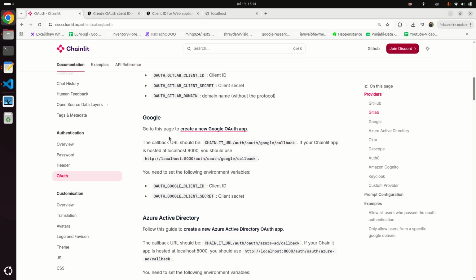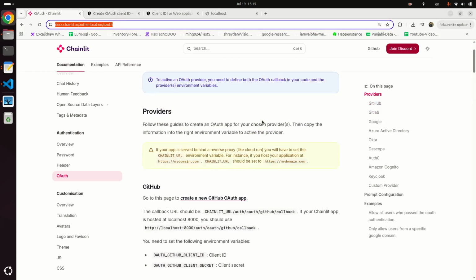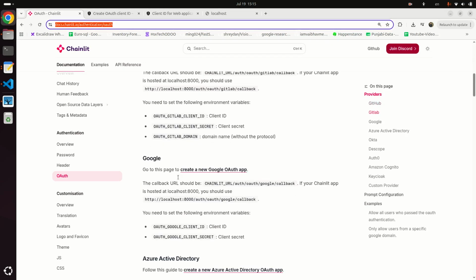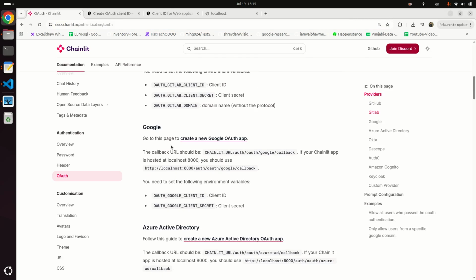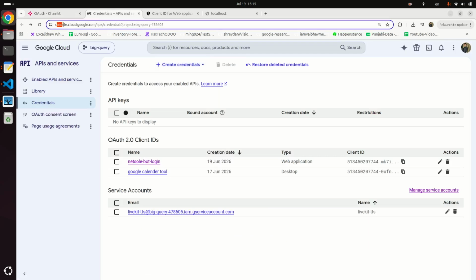You have to come to Google and type Chainlit OAuth, and click on the first link, and it will open this URL, docs.chainlit.io/authentication/OAuth. So here we have different providers like GitHub, GitLab, Google. In this video we are going to use Google OAuth. You have to click on create a new Google OAuth app. It will redirect you to this URL,